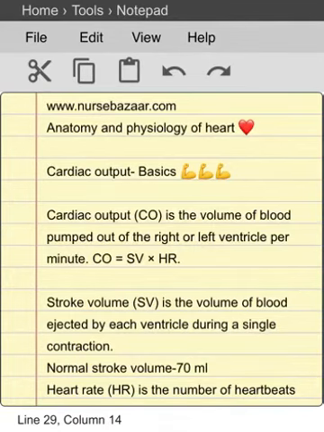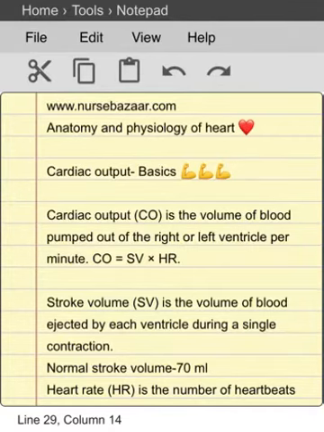Now we are discussing anatomy and physiology of the heart. Today's class is cardiac output basics. What is cardiac output? The definition of cardiac output is the volume of blood pumped out of the right or left ventricle per minute,